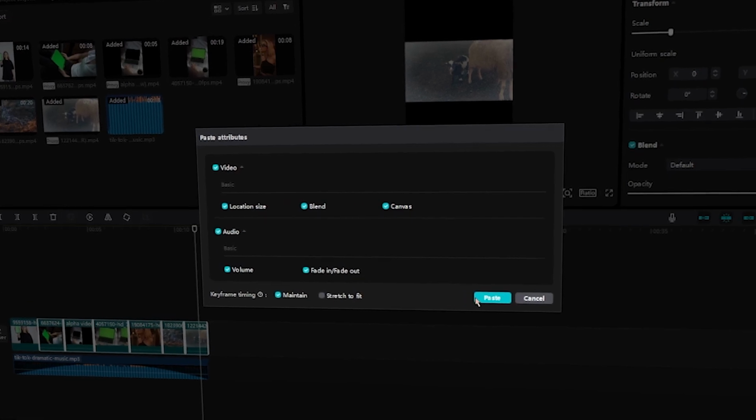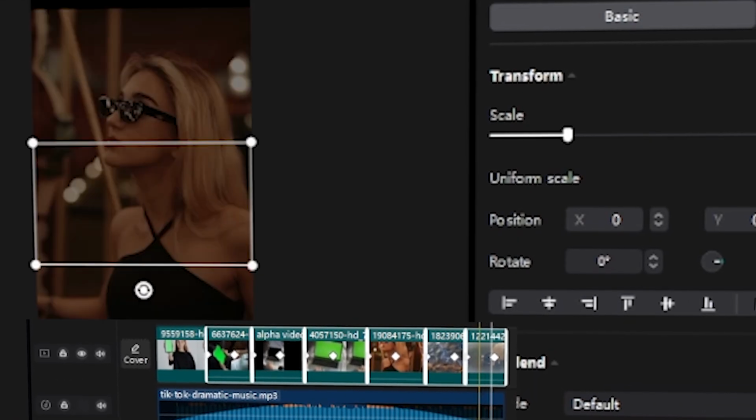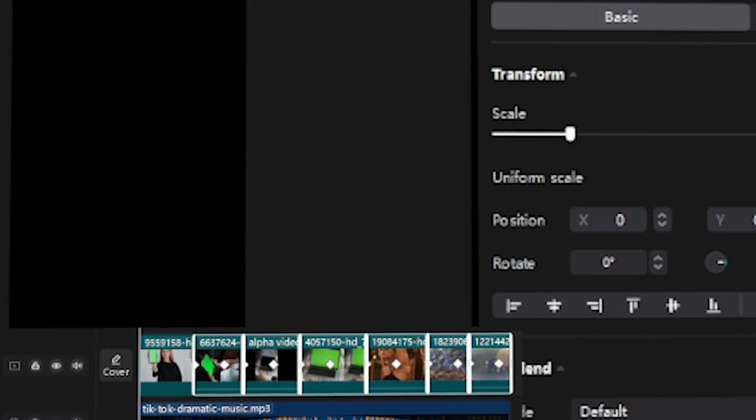This tutorial will show you how to fade in video footage or footage in CapCut PC, online free video editing